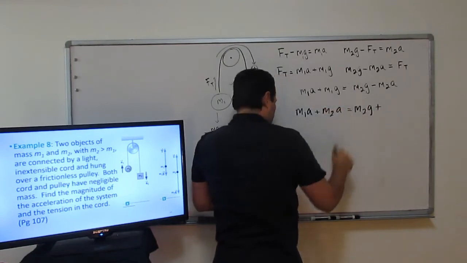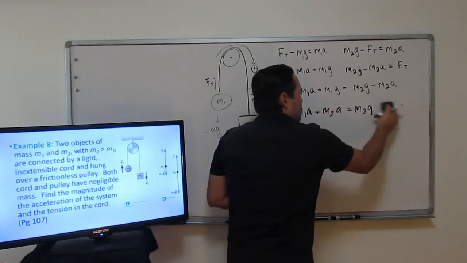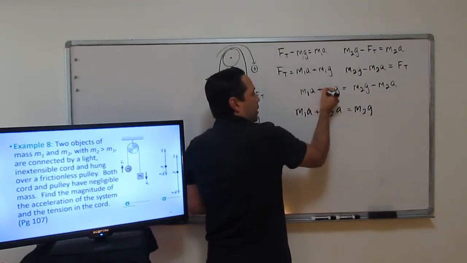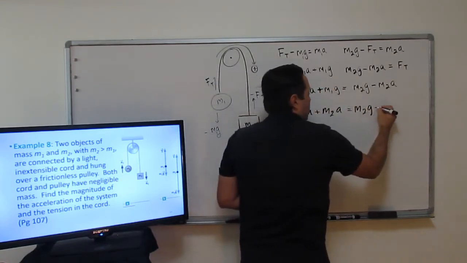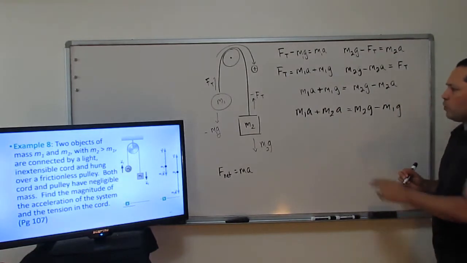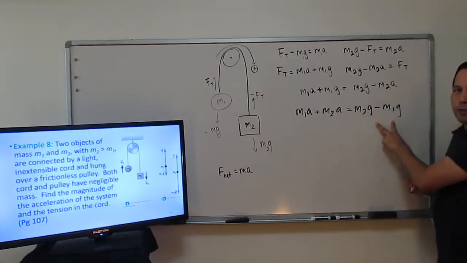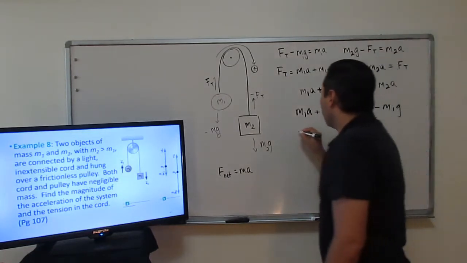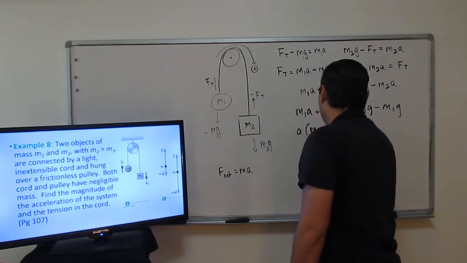Now I'm going to move this m1 times gravity over on this side, so I end up with, oops, that would be a negative there. Since this one has a positive value here, now I'm going to subtract, so negative m1 times gravity. Alright, what's up next for us? We're going to factor out the a here, and same thing for the g, we're going to factor it out. So just to simplify it a little bit more,